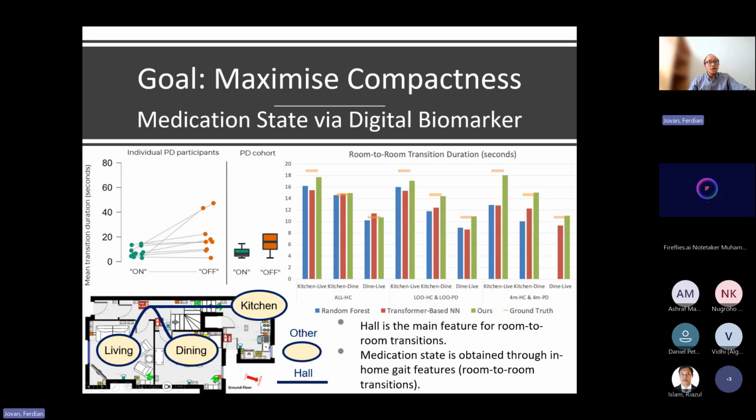But the problem is that when we don't have enough training data, like only 4 minutes' worth, for example, random forest basically fails to classify continuously, let's say for 10 seconds of the person walking in the corridors, which is the main point of getting this room-to-room transition duration.